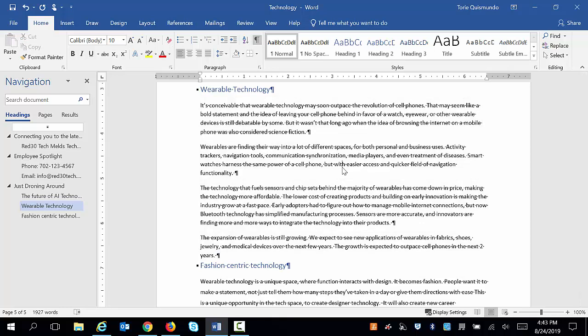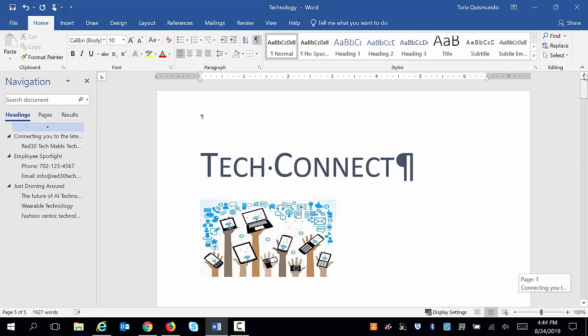Task 14. Display the integral header on all pages of the document except page 1. Okay, I want to look at page 1 while I do this just so I can double check myself. This is page 1. I know that if I look in the bottom of my screen, it says page 1 of 5,